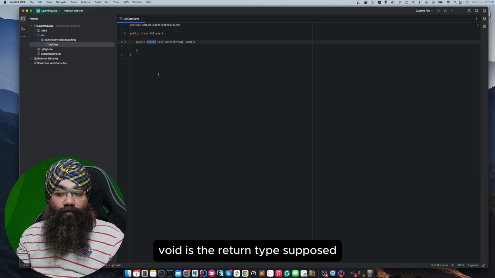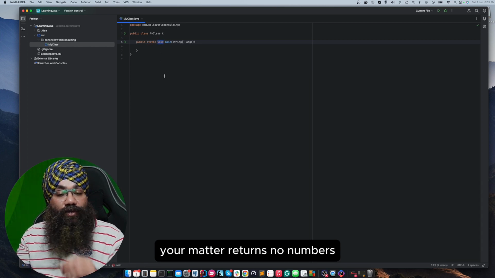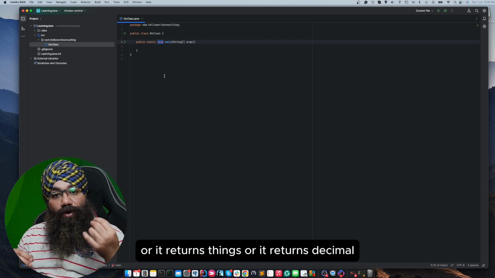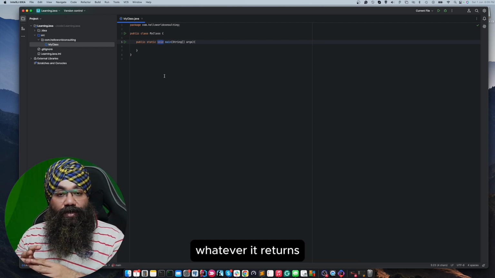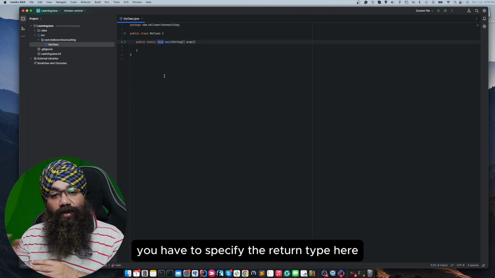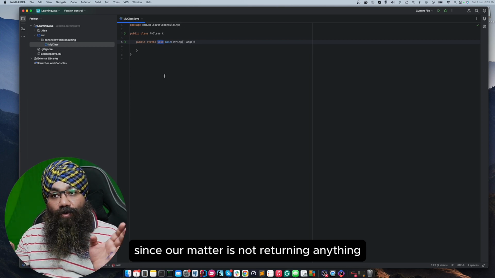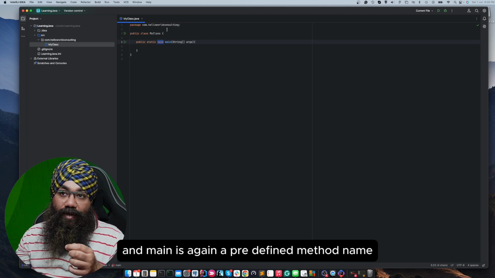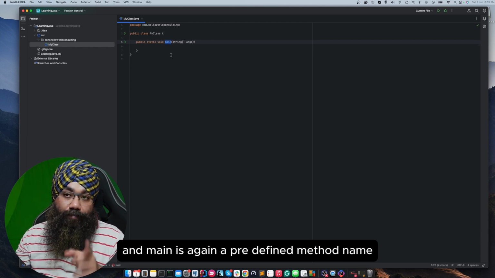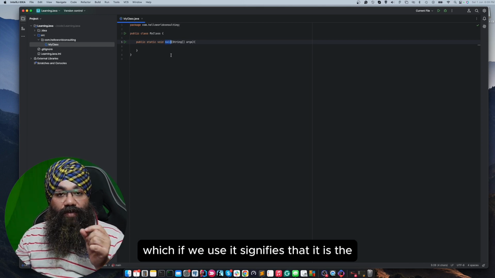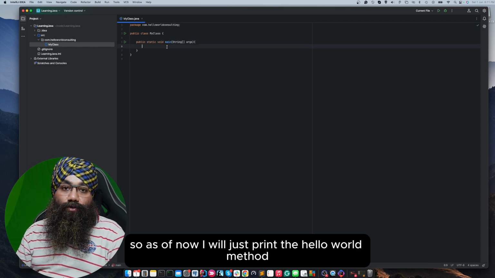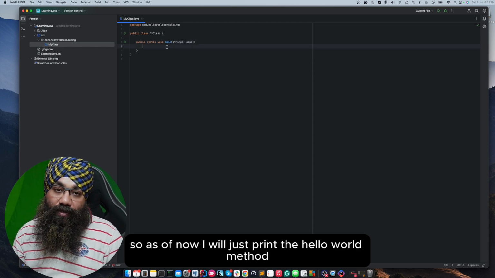Okay. Void is the return type. Suppose your method returns numbers, or strings, or decimals. Whatever it returns, you have to specify the return type here. Since our method is not returning anything, we have mentioned void. And main is again a predefined method name, which signifies that it is the entry point of this application. So as of now, I will just print a hello world message from this main method